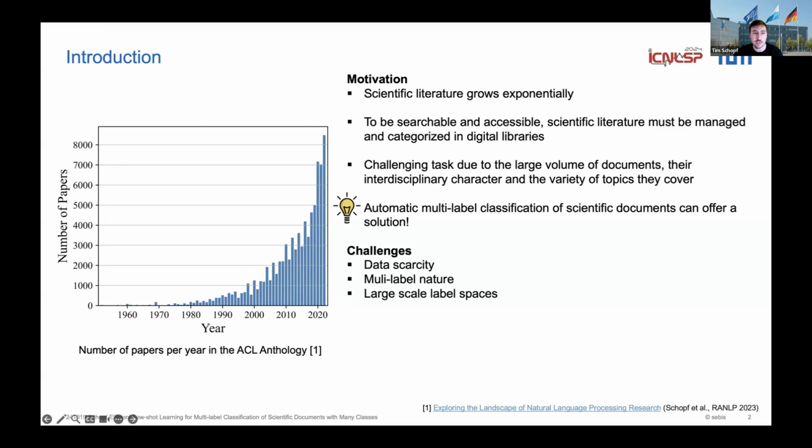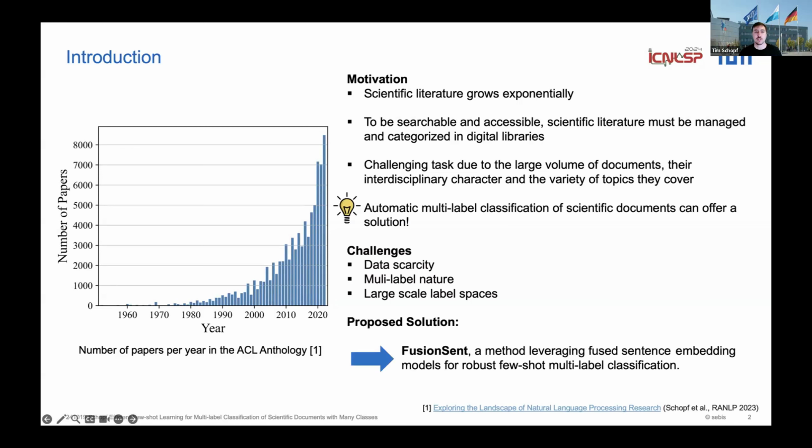Finally, as I already mentioned, we have very large-scale label spaces, which just means that the list of possible scientific topics that could be assigned to one document is very large. So we're talking about dozens to hundreds of possible classes, making the classification problem especially challenging. And this also means we cannot just use an LLM, zero-shot or few-shot prompted, to do the classification for us, because all the possible label or class descriptions do not even fit into the context window of an LLM. Therefore, we have to find another solution.